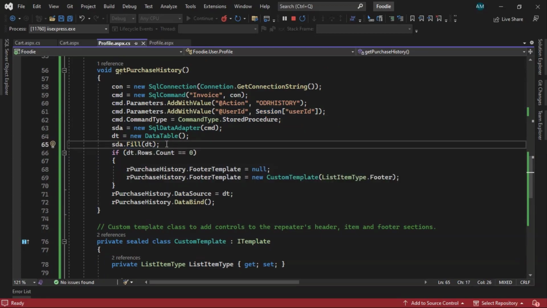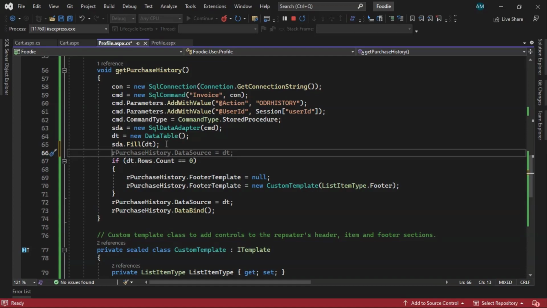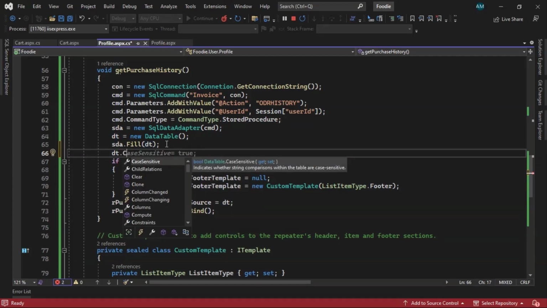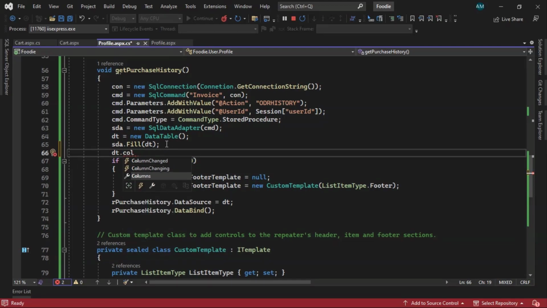When we get data in data table, after that we need to add a column, dt.columns.add. Let's give the column name serial number, SNO,